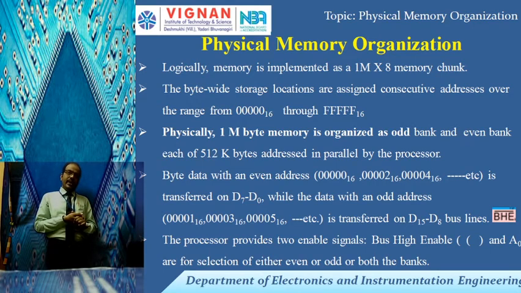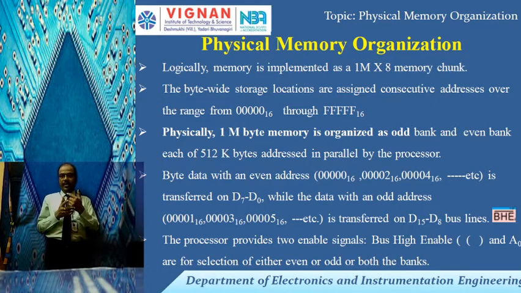So what is A0 actually? The address bus contains 20 bits. Those are A0, A1, A2 up to A19. You can say that A19 is the MSB bit and A0 is the LSB bit. If A0 is 0, the LSB is 0, you can say that it is even. If that LSB is 1, you can say that the address is odd. So if A0 is 1, that is an odd address. A0 is 0, that is an even address. In order to select an even address, A0 must be 0.